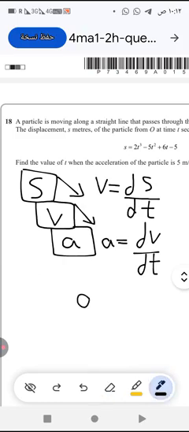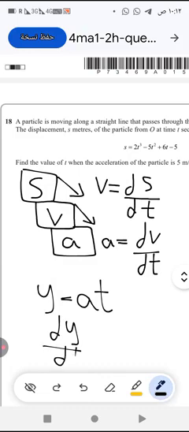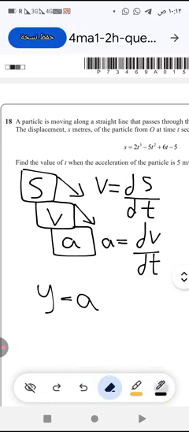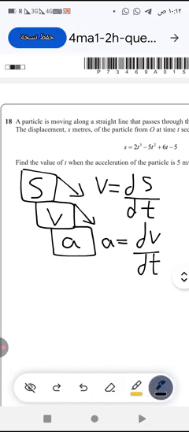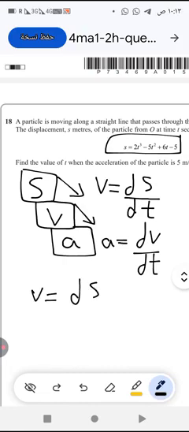And if we have a constant multiplied by t, the derivative of this is just a, without t. And if we have just a constant without t, the derivative of this constant equals 0. Okay? Now, let's go to our function s. S equals 2t cubed. That means the velocity equals ds over dt